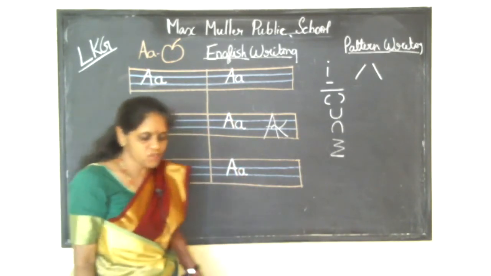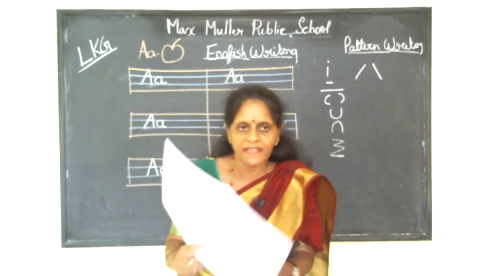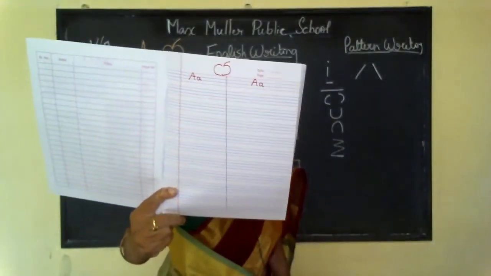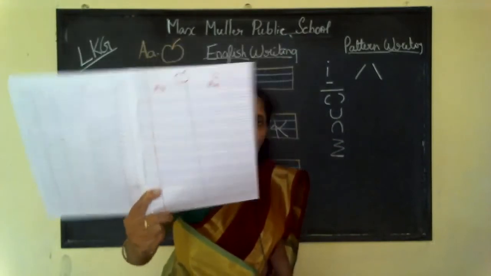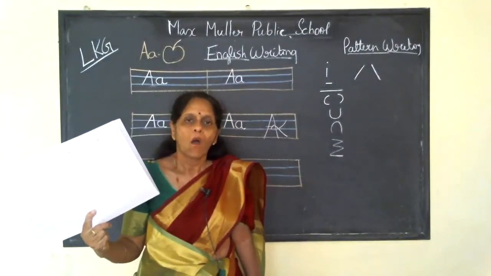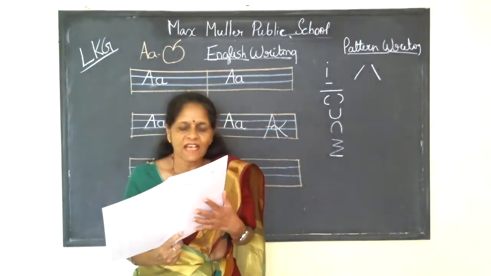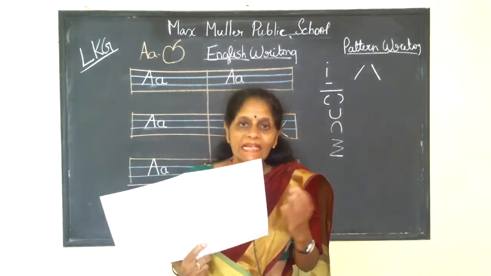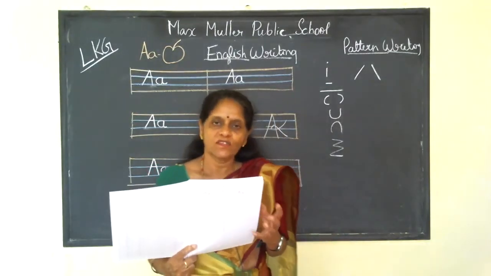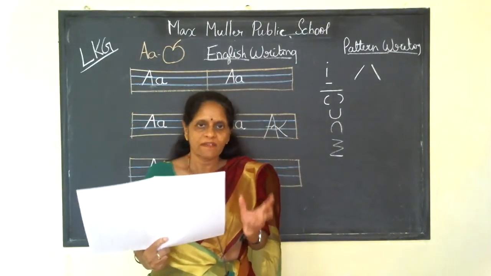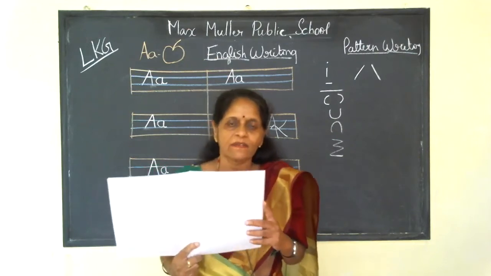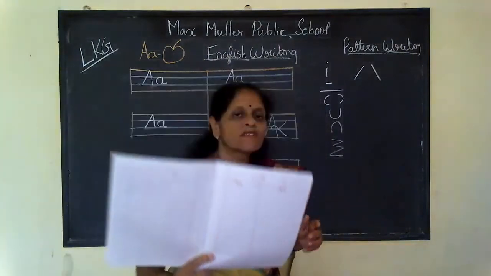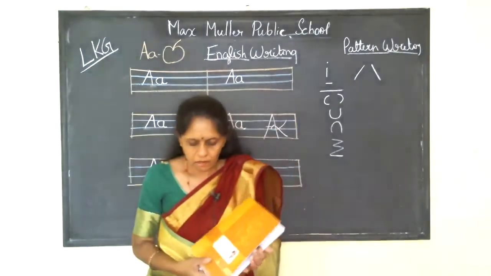Okay? Again I'll show you the book. This is how you have to write in the 4 lines book. This is classwork. Can you see? Yes. And the same thing you have to write one time in the homework. 1 page in the classwork and 1 page in the homework. Okay, children? Write neatly. Parents are requested to kindly help the child. You can try to hold the hand also and write. Try to help them. And in the homework, write on your own. You should touch the red and the blue line. Okay, children?